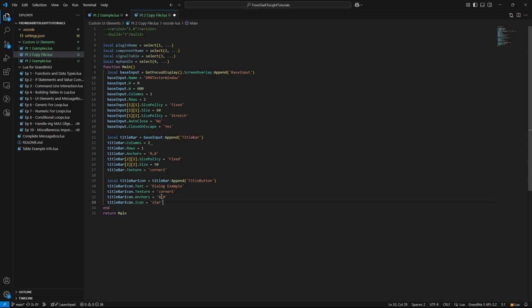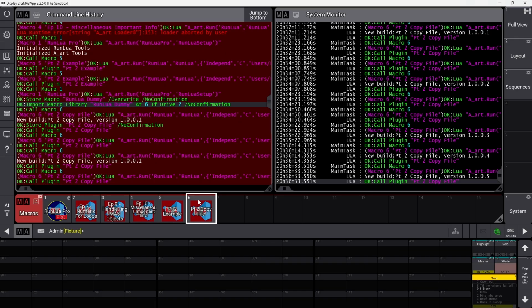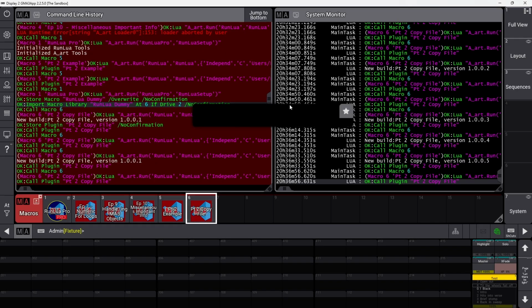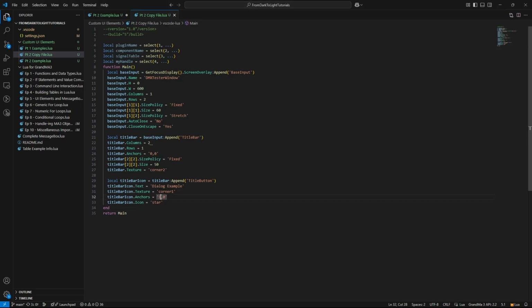Now I'm going to try changing this to 1, 0 just to see what happens. This is going to try to put it into the second column of the first row. And it doesn't fit very well. I can see the icon. It's showing me this rounded corner on the left-hand side, which is kind of weird since this is the right corner of my dialogue. Let's go back and change this back to 0.